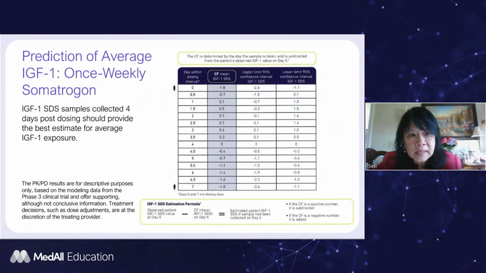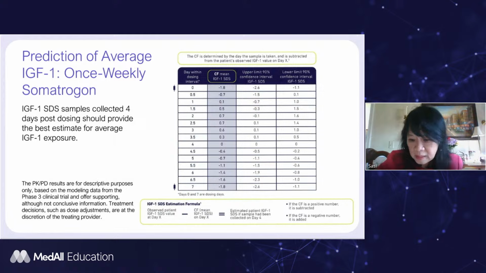And for somatrogron, this one also has a correction factor that you subtract from the observed IGF-1 level. So you can see that if you have the lab done on day 4.5 or day 5, down to day 7, then the number is negative. And so when you subtract a negative number,